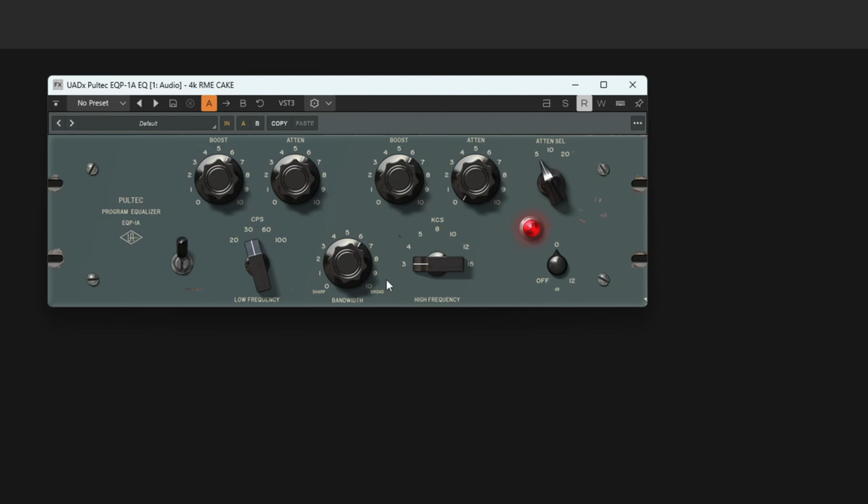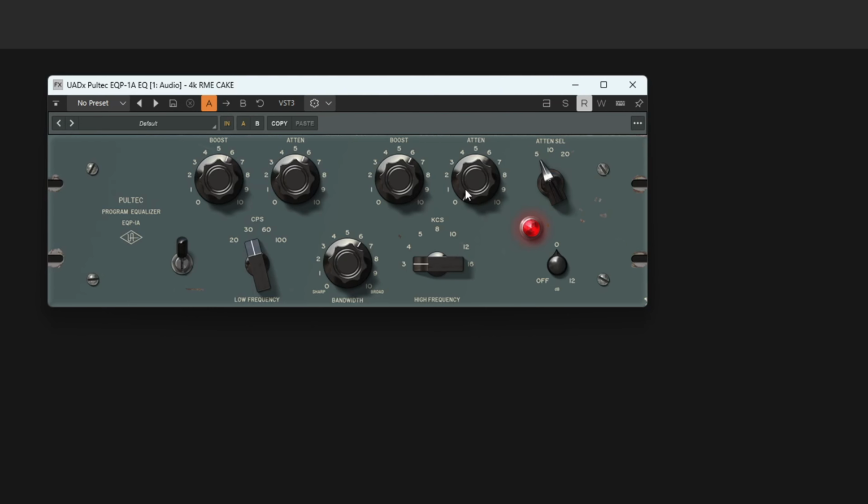And I'm affecting more than just 3K. Same with the low end. I'm affecting more than just 30 hertz. There's a Q to the frequency that you're adjusting here with the Pultec. On the low end, you have no control over that Q, but there is spillover, which is why you're able to hear my low end when I transmit. On the high end, there is a bandwidth control to control the Q or the bandwidth of the high end. So I have it set on 3. I have my bandwidth set around 6,